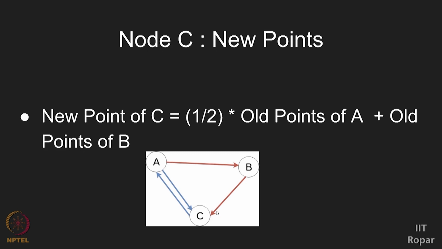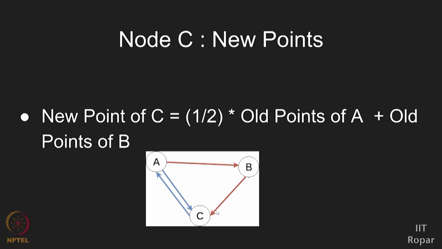So if you keep playing this game, after one iteration, as I have said, we can say it's one exchange, one round. After one round, as we had said, node A had some 100 points, node B had some 50 points as you could see, and node C will be having 150 points. Straightforward math, you can work out and you will get to know that. So this is the status after one exchange.